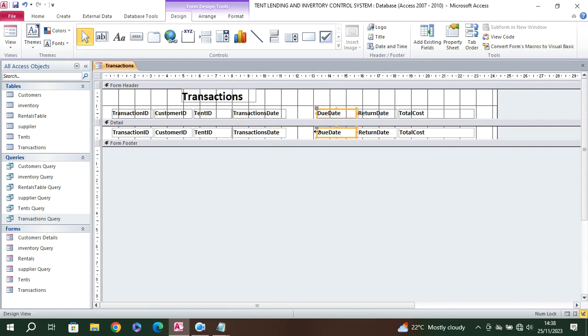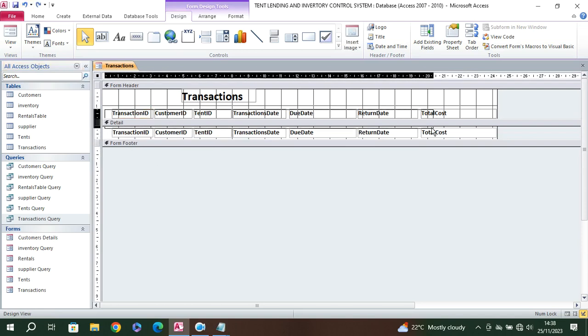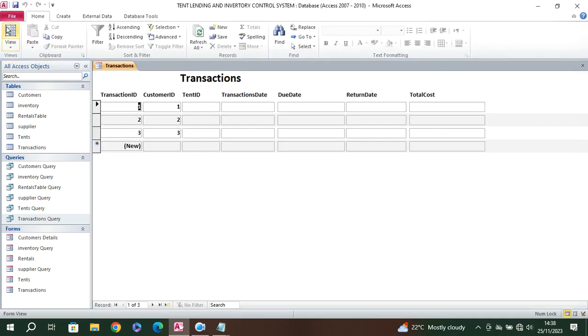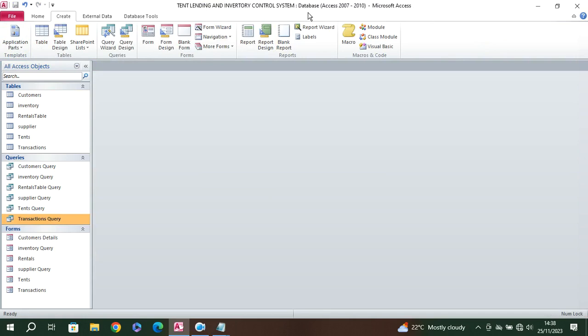Also, this one should be somewhere there. Due date, this one should be there. So that this one should be up to around that point. Again, I need to highlight everything, text everything to the end. So this is my transactions form where I will be feeding my transactions in